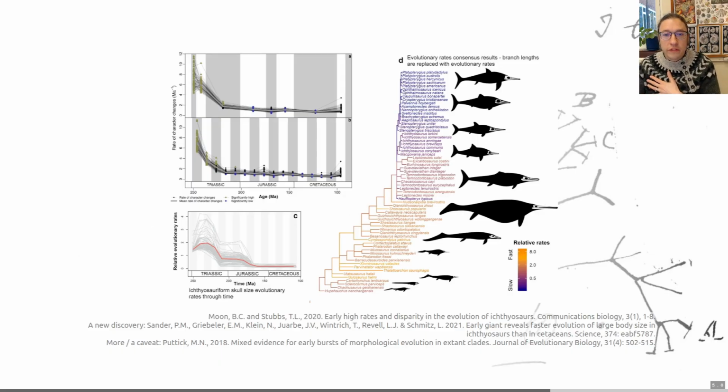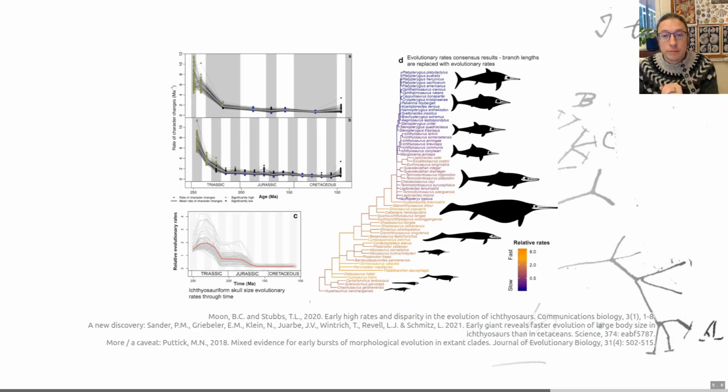So all of this is showing us a picture of an early burst followed by relatively slower rates in the evolution of the ichthyosaurs. And in this case, the authors argue that this deceleration of evolution is particularly strong after a bottleneck that ichthyosaurs went through in the latest Triassic period. The Jurassic and the Cretaceous ichthyosaurs were significantly less disparate and evolved less quickly than this group had done earlier